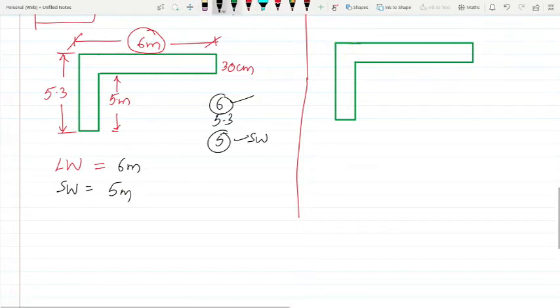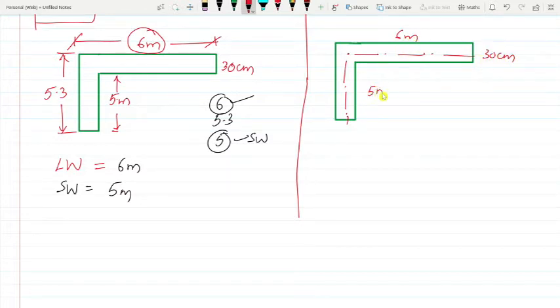Now see here also, but we have to take center line. The name itself suggests you have to take center line, which means you have to take this length. Again, same dimensions everywhere: 6 meters, 30 centimeter. This is again 5 meters.